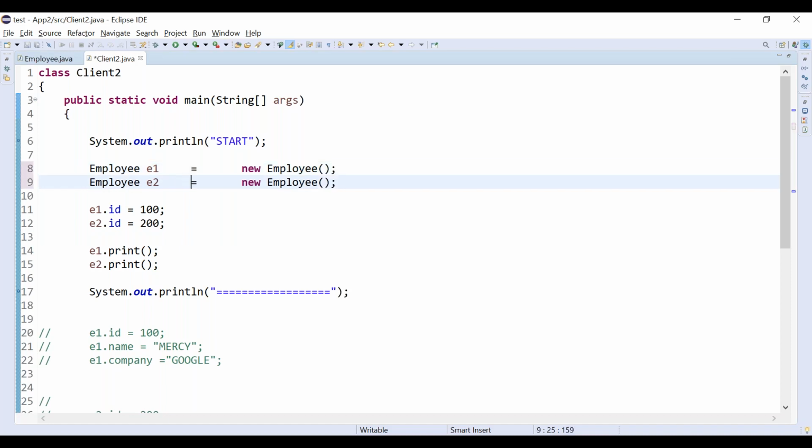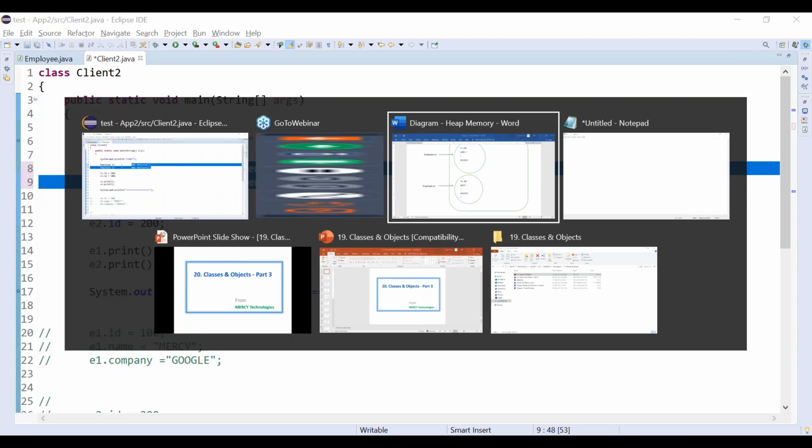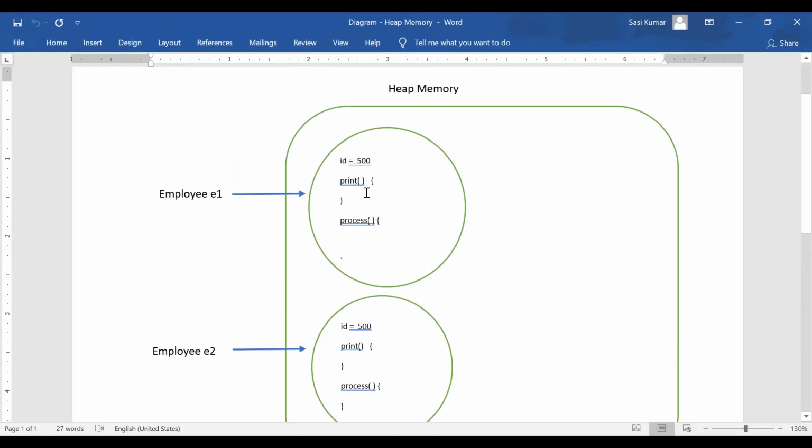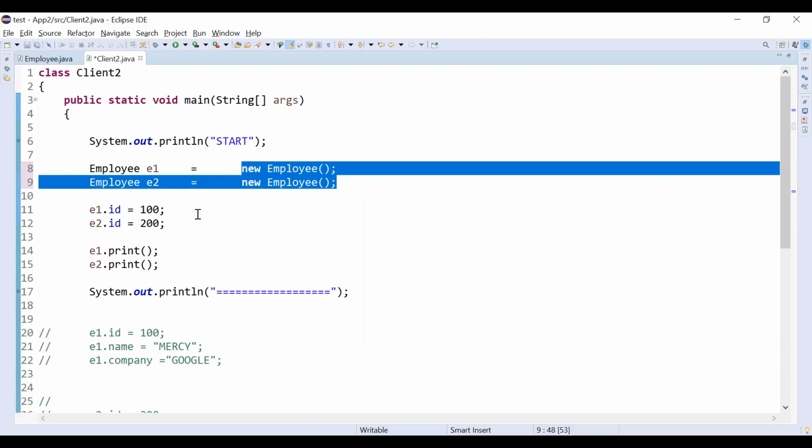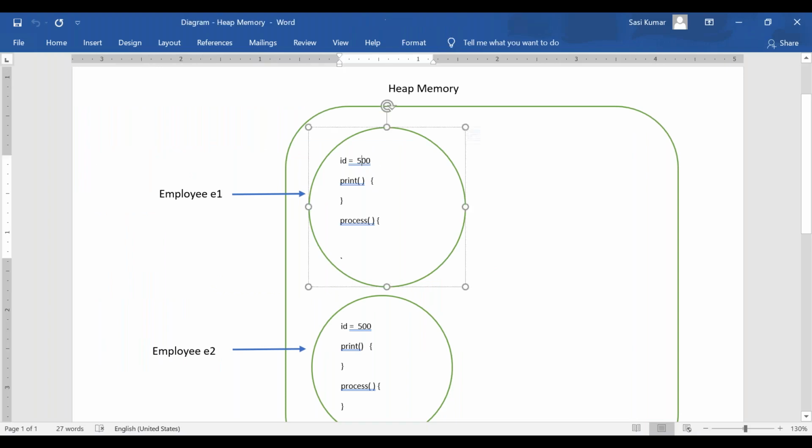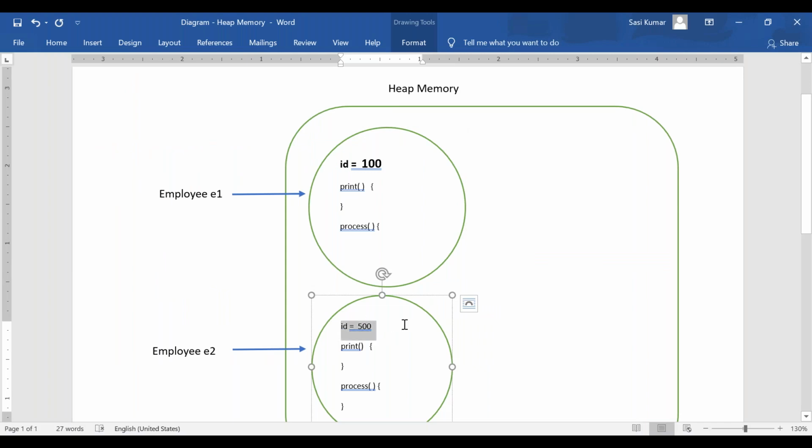We have seen this long back. So when you are creating using the new keyword, here we have created two objects. E1 is pointing to the first object, E2 is pointing to the second object. E1 you have assigned 100, and E2 you have assigned 200.